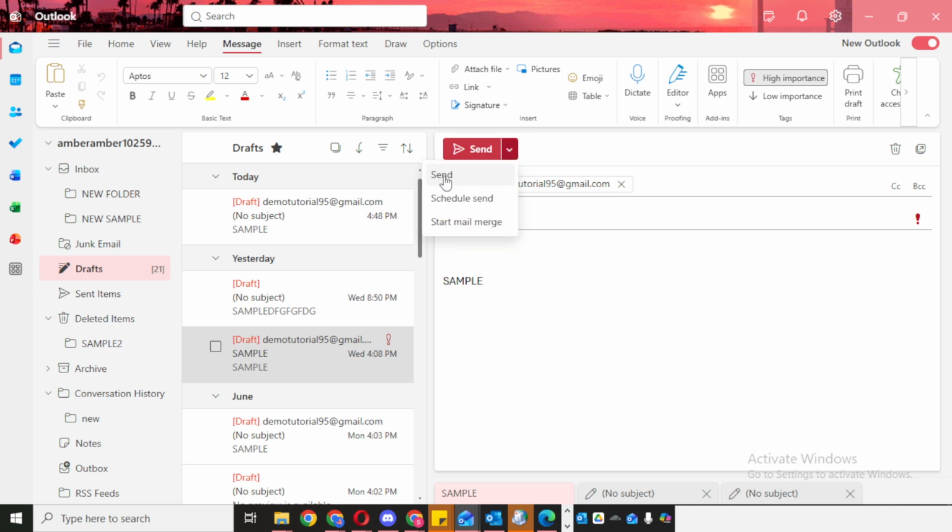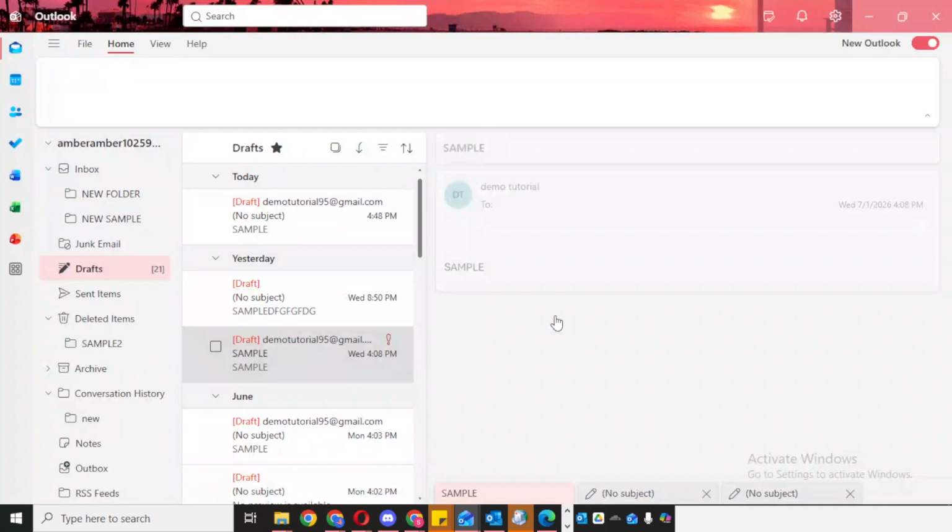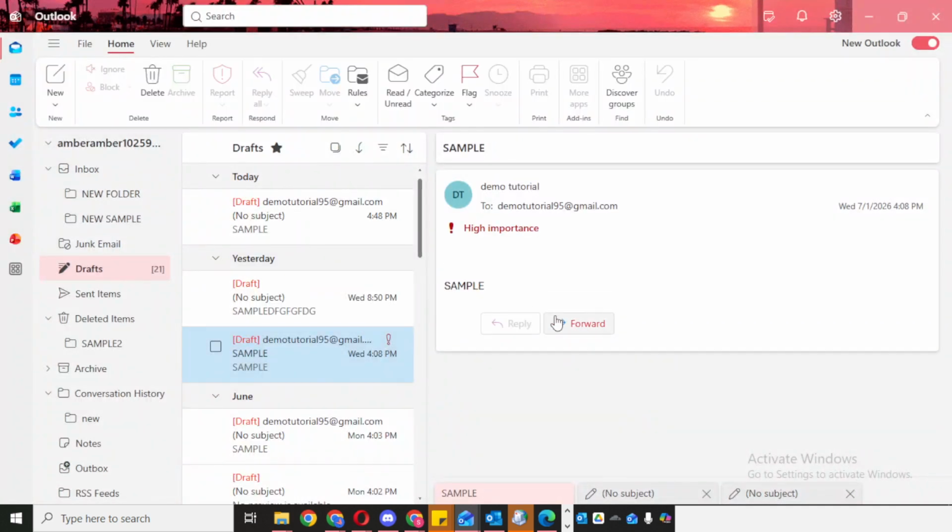It's always a good idea to make sure the message is going out at the correct time zone and on the intended day, especially if it's an important business or follow-up email. Once you're done reviewing and making any edits, click Send. If the email is set up to send immediately, it will go out right away. If you've updated the schedule, Outlook will hold it until the new delivery time. And that's all it takes to see and manage a scheduled email in Outlook.